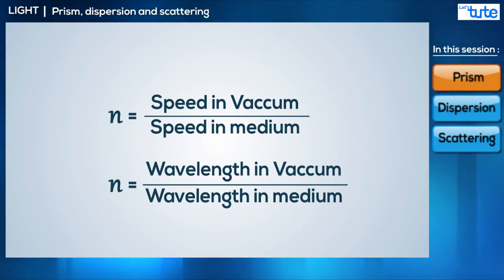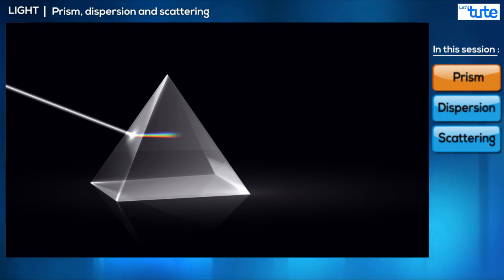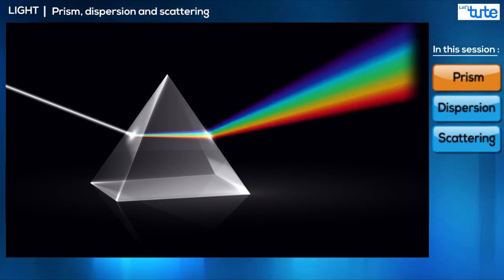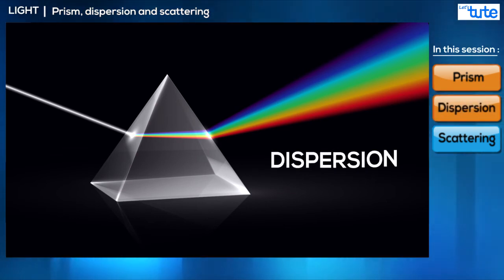And this is how you get the rainbow from white light. White light is a combination of light of all wavelengths, of all colors. When it is incident on a prism, the different wavelengths will get refracted by different angles and thus will separate. This phenomenon is called dispersion. This is the reason we have rainbows.